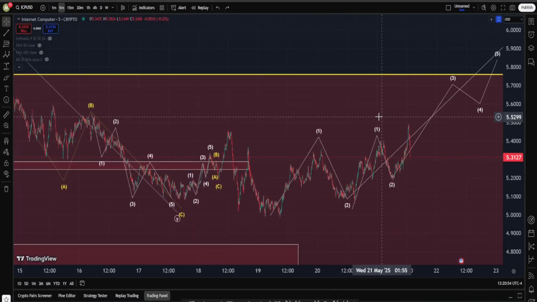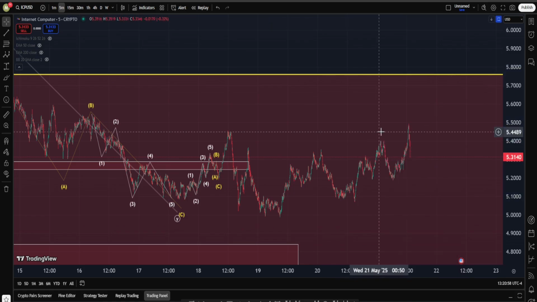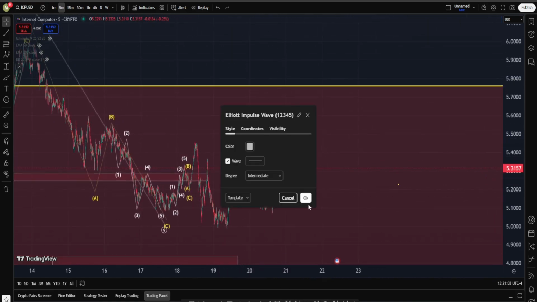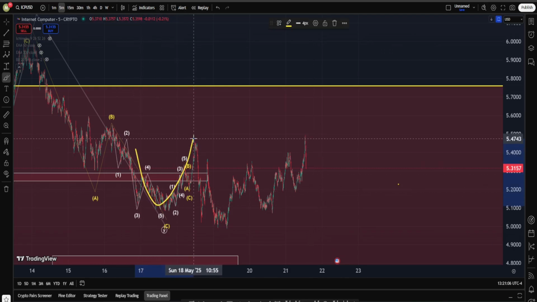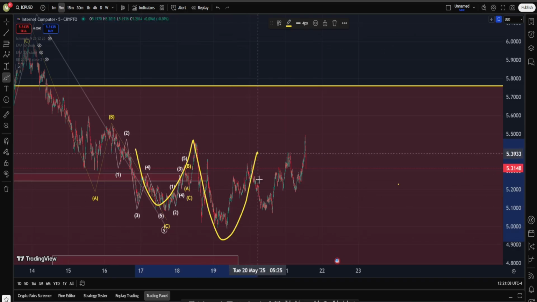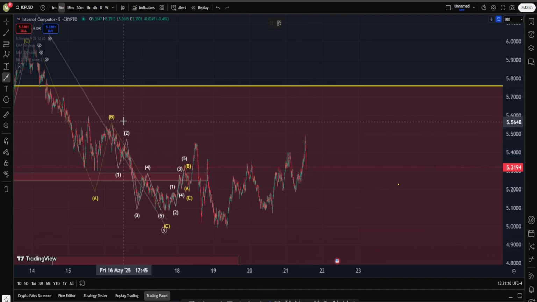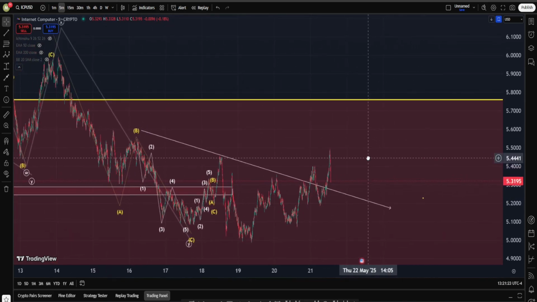Now, in terms of classic patterns, I don't know if you like them, but if you do, I believe we can say this is a head and shoulder structure. Let's just take this one. This can be our left shoulder, followed by that our head, and this might be our right shoulder. Now, is this pattern confirmed or not? In order for you to say this is confirmed, you need to see a solid break of the neckline right in here. And the answer from my point of view is not yet.